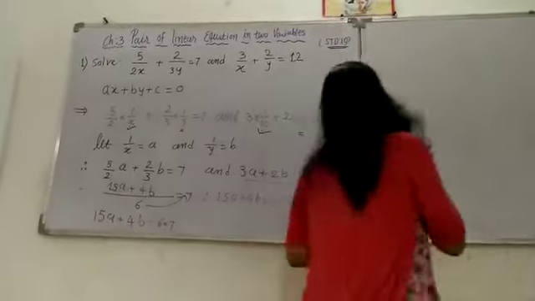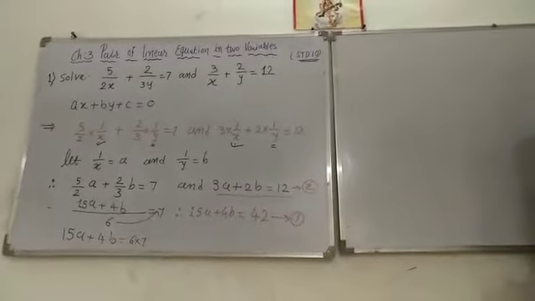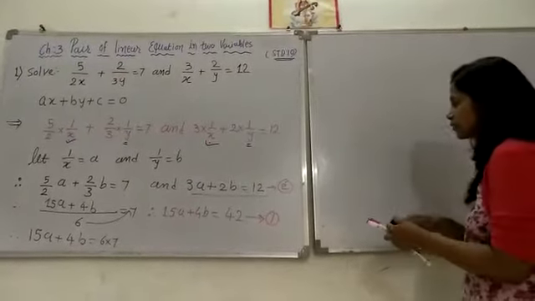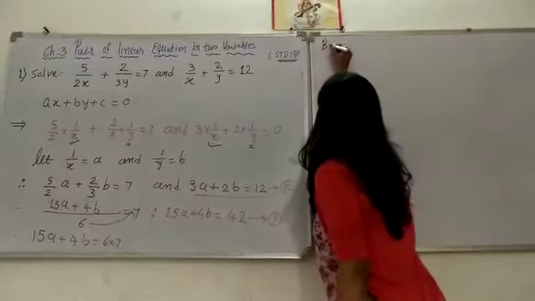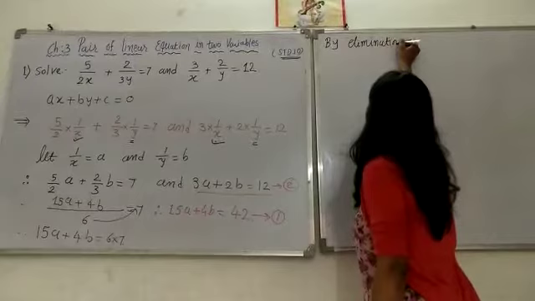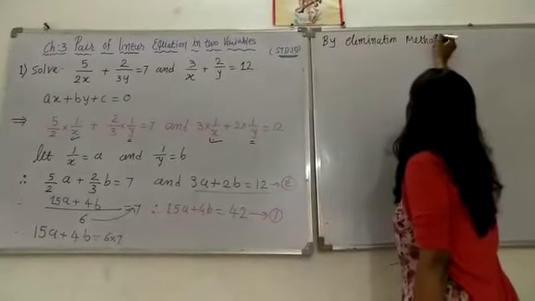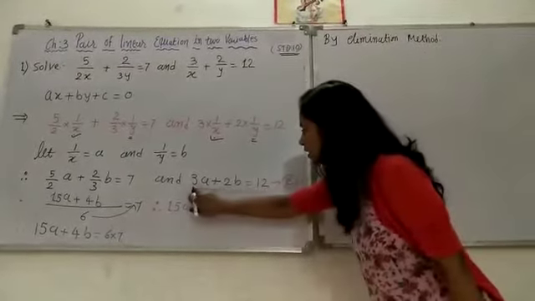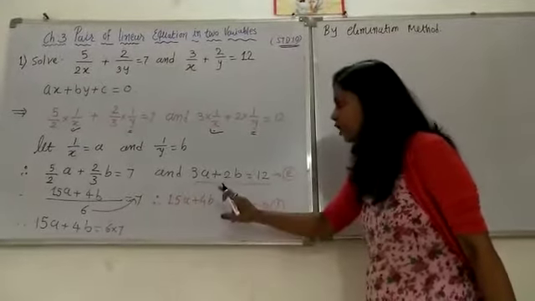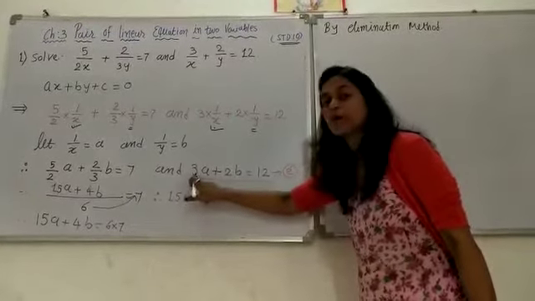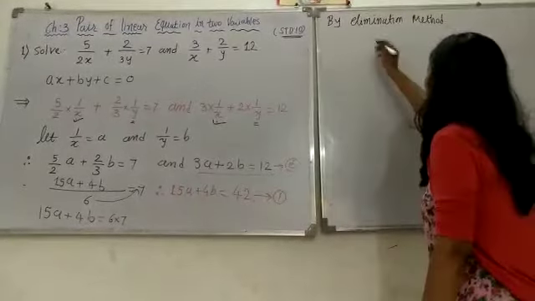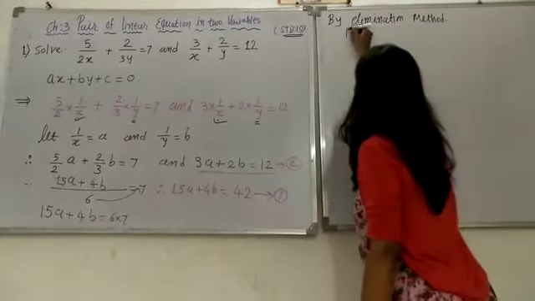Now for solving we should apply the elimination method here, because it is the best method for solving any pair of linear equations. So right here, which method do you apply? By elimination method. Here 3 and here 15. So you want to multiply this equation by which number? 5, because 3 5s are 15. Because I want to eliminate a here. So by the elimination method,